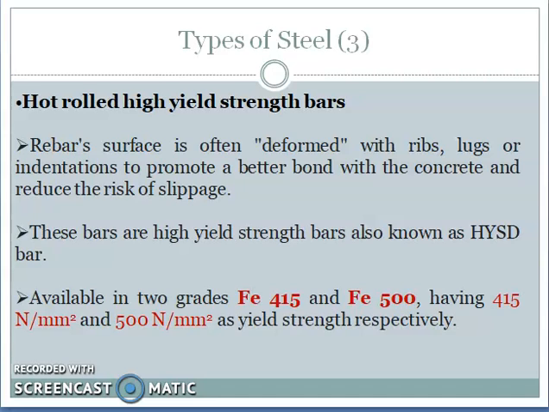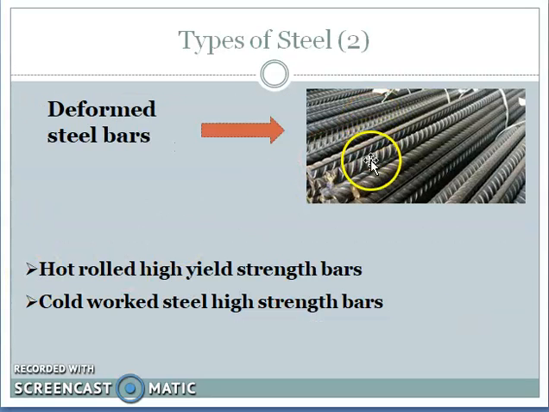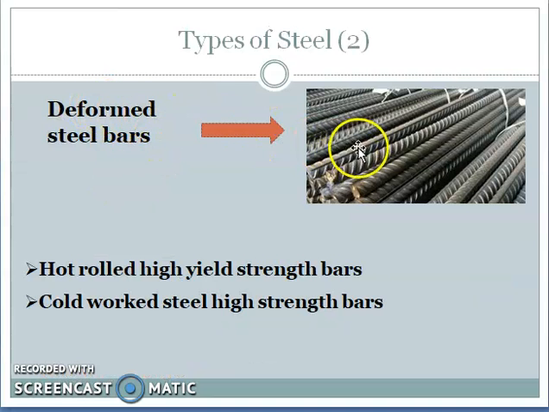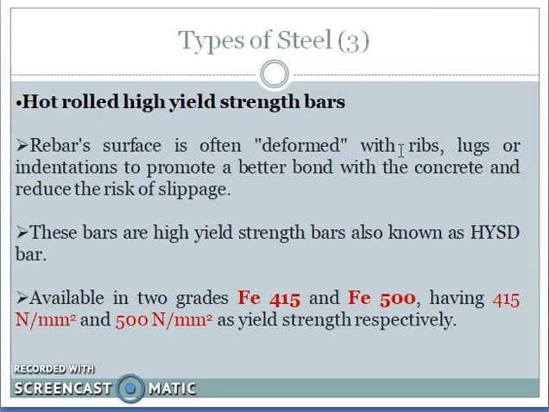These rebar surfaces are often deformed with ribs or lugs. So in the picture here you can see there are these ribs on the bar. As compared to mild steel, the surface is very plain, and here in deformed bars it has lugs or ribs, which basically increases the surface area of the bar and gives very good bond with the concrete. So these bars are high yield strength bars, also known as HYSD bars,